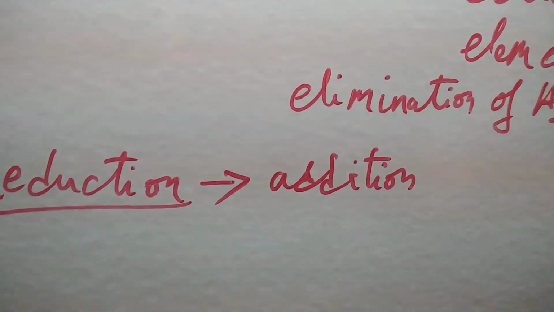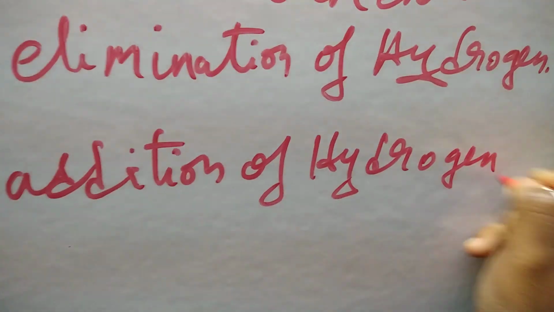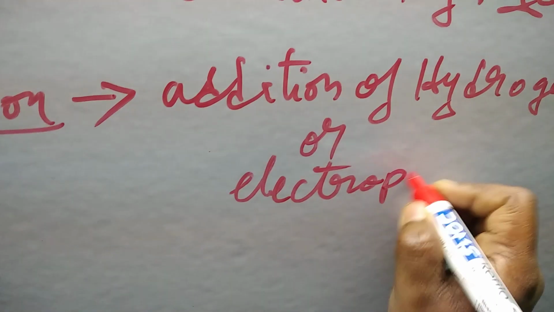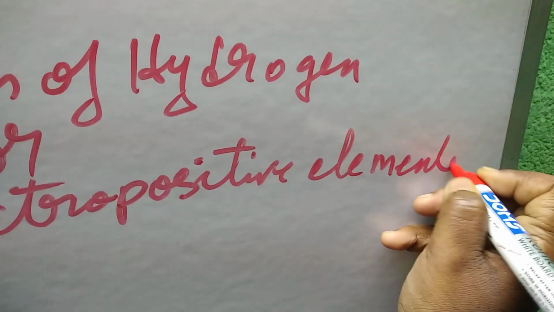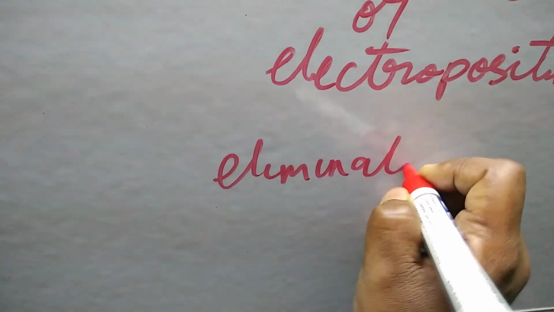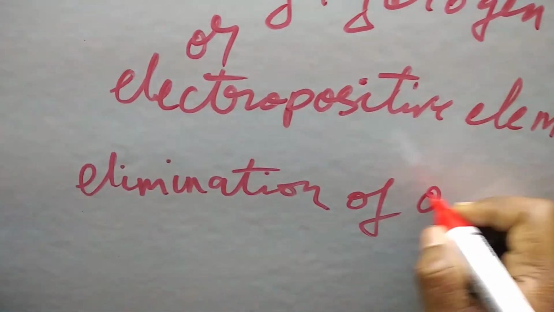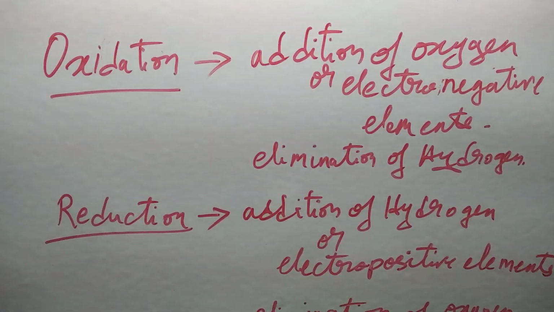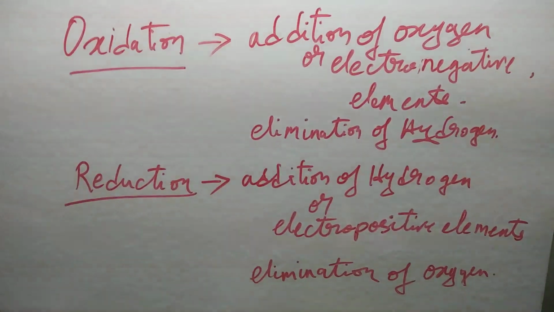Okay students, for reduction, addition of hydrogen or electropositive elements and elimination of oxygen or electronegative elements. This is the classical concept for redox reaction, but